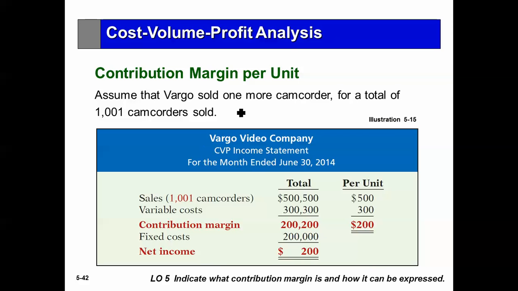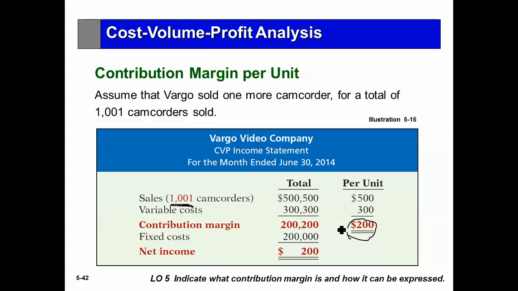Assume now that Vargo sold 1 more camcorder. They sold 1,001. Well, their total sales then would be this, their variable costs would be this, their contribution margin in total would be this. Okay, but you can see now that I have a contribution margin 200 more than my fixed cost, my profit is 200. So for every unit I sell above my break even of 1,000 camcorders, I can